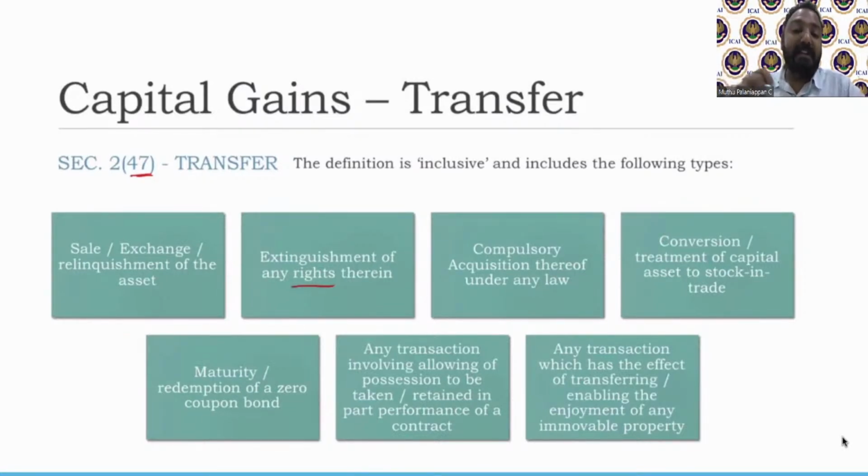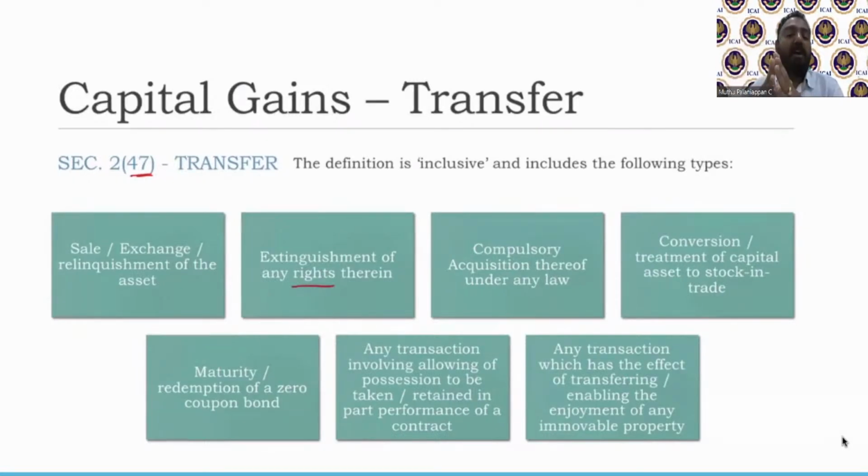Then compulsory acquisition by any law. So this sale or whatever is happening need not be voluntary. It could be compulsory also, when law wants it. Across India, you might be seeing metro constructions happening in various parts. To construct a metro, what should government do? They can't use only the land that they own. They obviously need private lands. So they will tell that owner, I need your land for metro construction. I'll give you the market rate at this point in time in this particular locality.